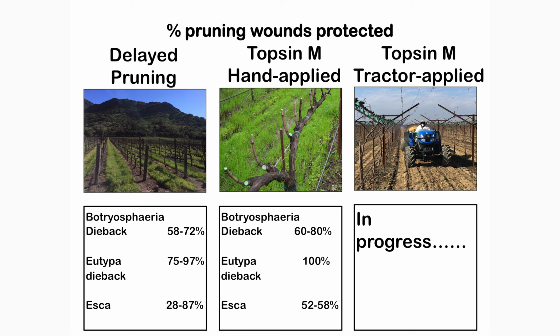For Topsin, the Esca pathogens, it wasn't found to be real effective. Hence the combination of Topsin plus Rally. Rally has been shown to be a little more effective against the Esca pathogens. So we still have a lot of work to do with these approaches as scientists. But the most important thing I can tell you is,